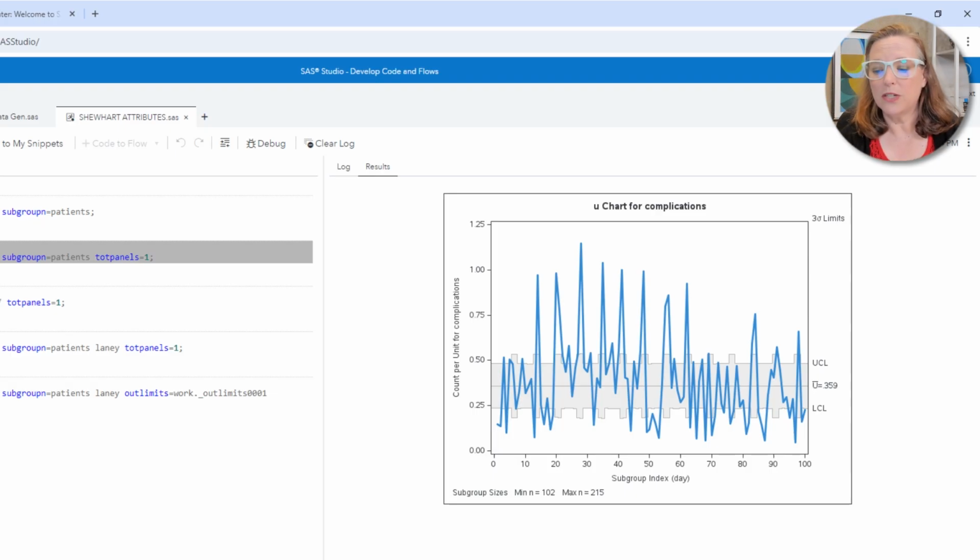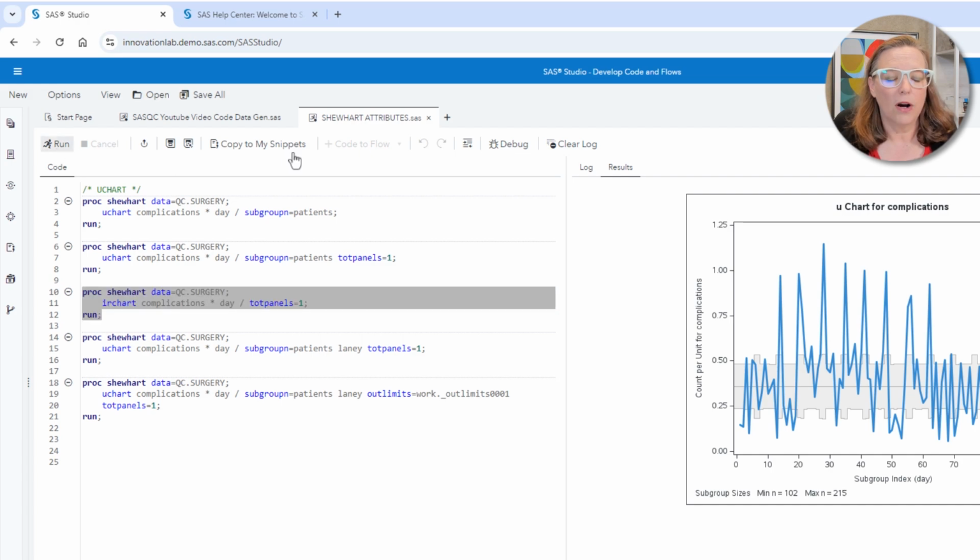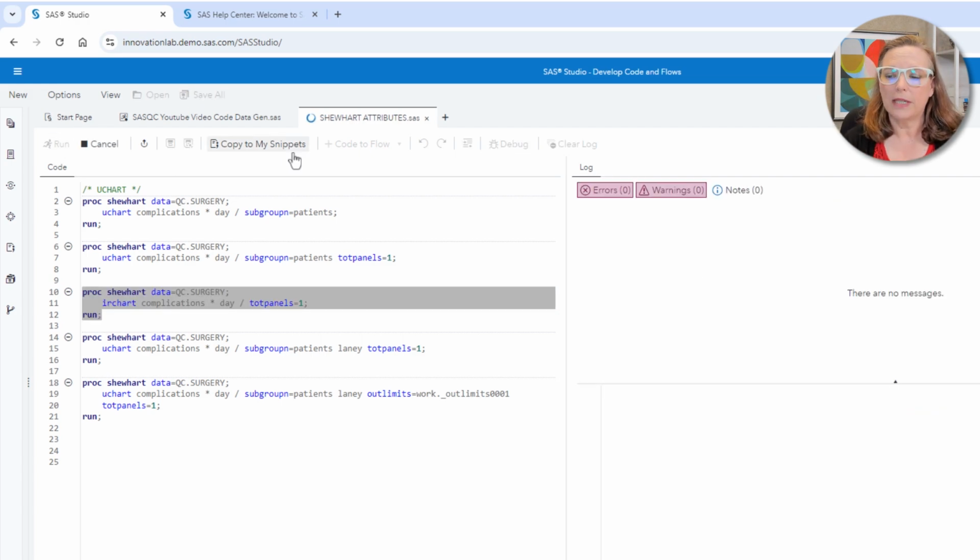The sample sizes range from 102 to 215 observations per day, number of patients per day. So there's this phenomenon where the control limits end up being really just too tight, even if the process is in control. There's a common fix that people use for this. One way of fixing this is by using an individual and moving range chart. So it is common practice when you have a very large sample size for a binomial or for a Poisson process that you end up using an individual moving range chart in that case. So let's see what happens if we use our individual moving range chart for our surgery data set, looking at the number of complications by day.